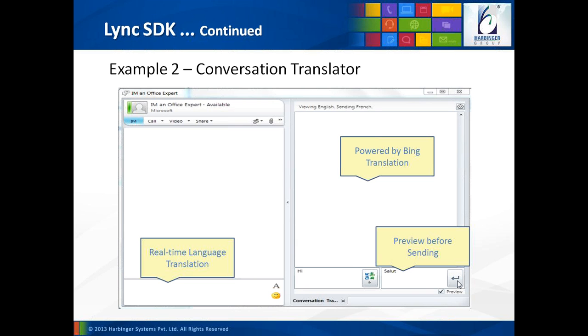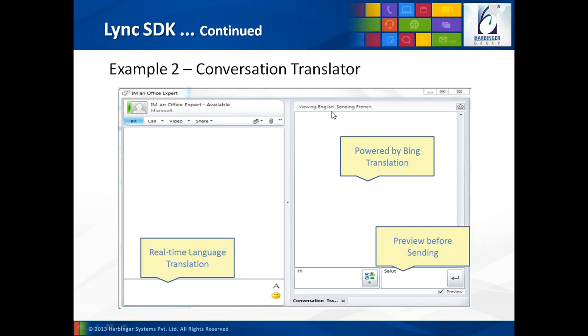Now when the French friend types in something in French and sends it to me, I'll have an event handler listening in my application which will detect that there is an incoming IM message and it is in French. So it will translate it back to English and give me an English translation of that.